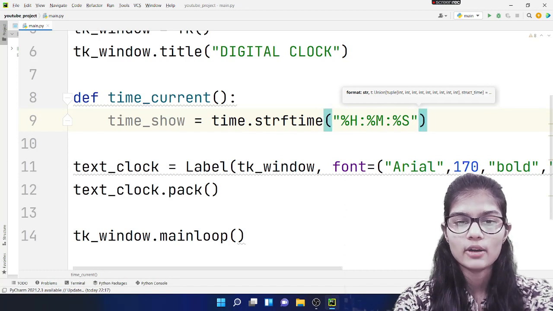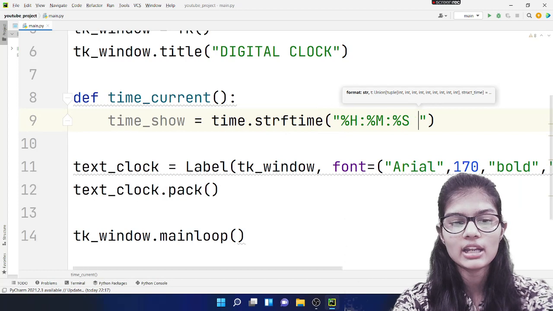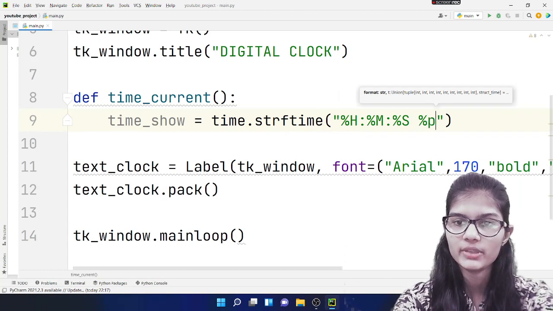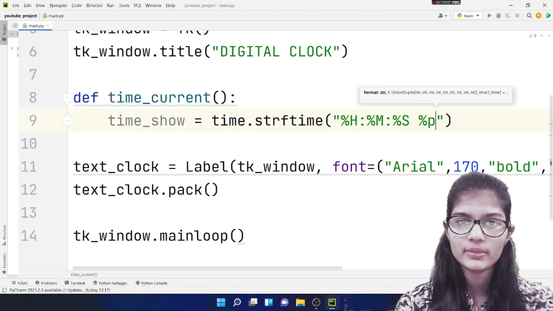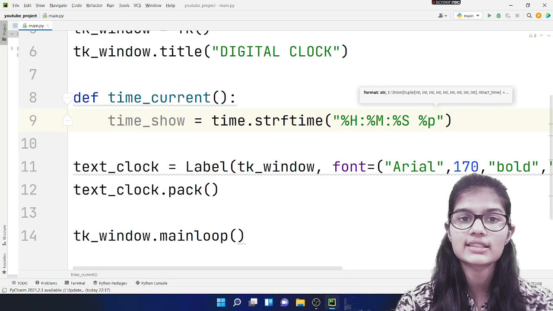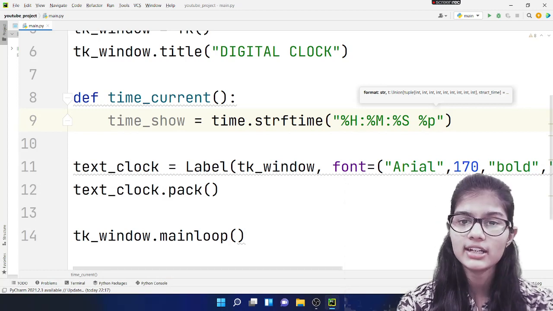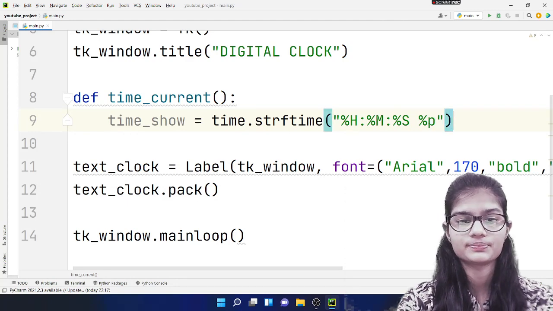Now I also want AM and PM to display, so for that I am writing % and small p. So %p is used whenever you want AM and PM to display, that it's 11 AM in the morning or 11 PM in the night. It shall display that with the help of this %p. Hope I am clear.